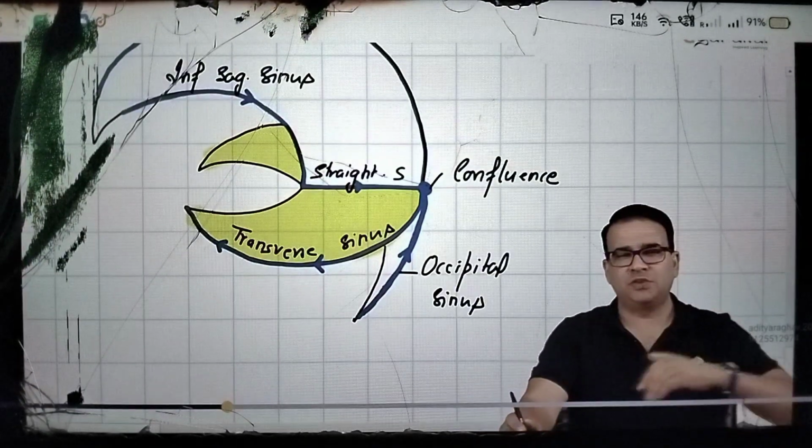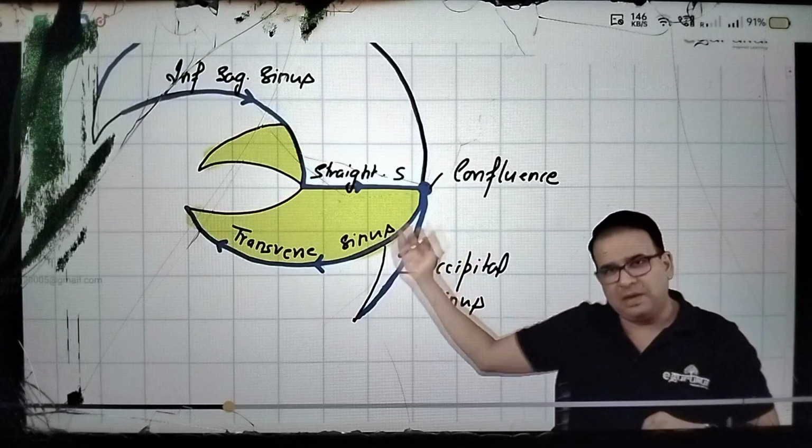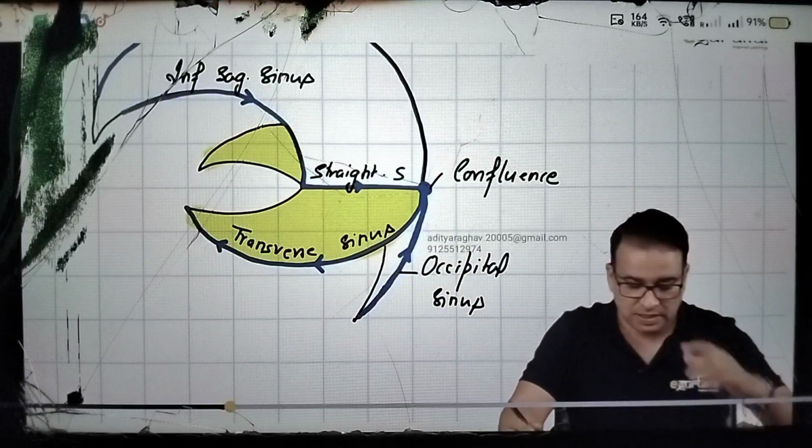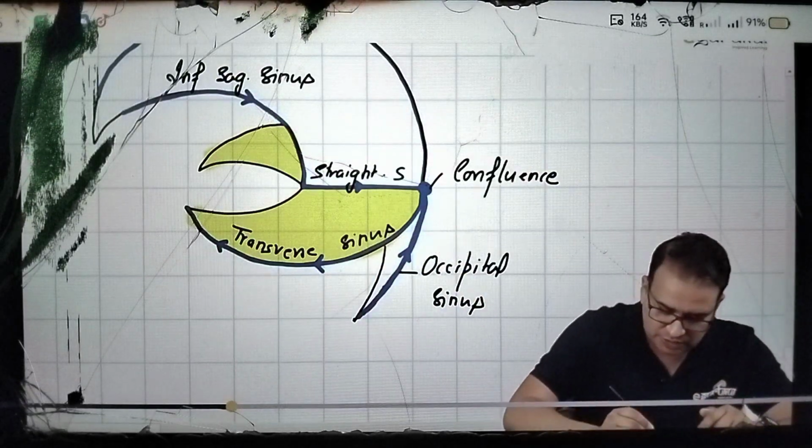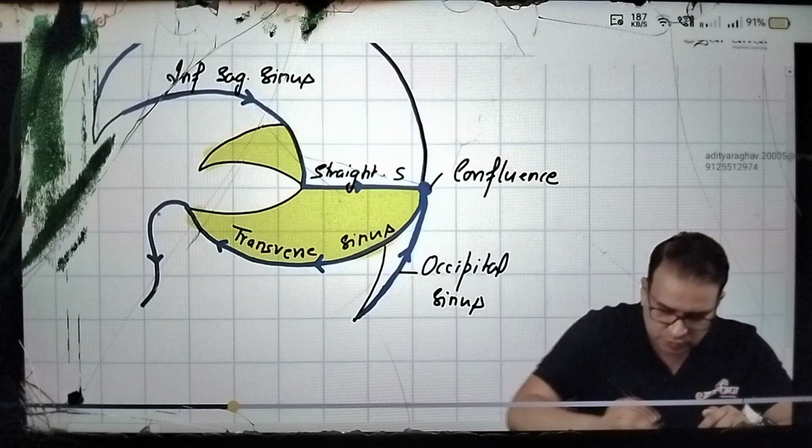So all the blood has now come into what? Transverse sinus. Superior, inferior, straight, occipital comes in here, and ultimately blood goes into transverse sinus, but still not out of the cranial cavity. From the transverse sinus, finally, the blood goes into this sigmoid sinus. It goes into the sigmoid sinus,